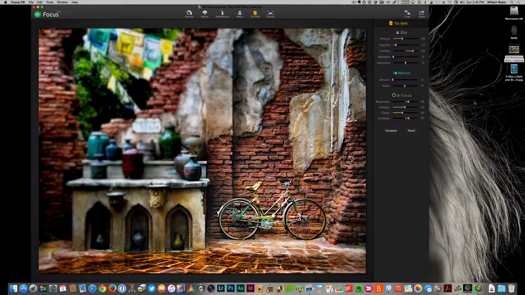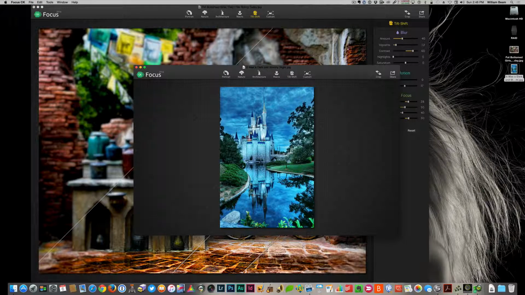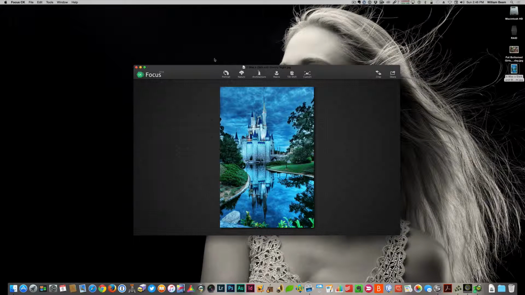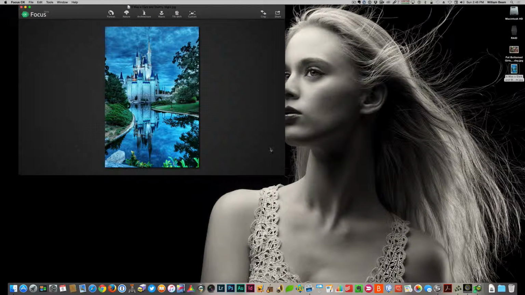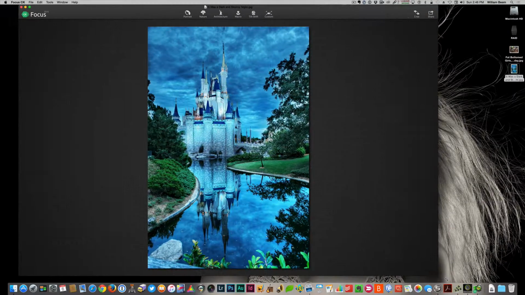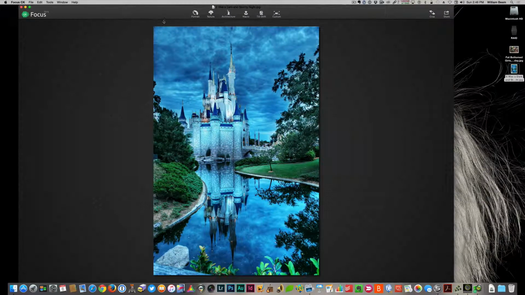The other one I wanted to show you was the architecture setting. So let's pull over a different photo. I'm just going to drag and drop it over here. It's going to open up a new window. I can close this one out, and I'm not going to save that one. So let's make this a little bit larger so we can get a good look at it. Architecture